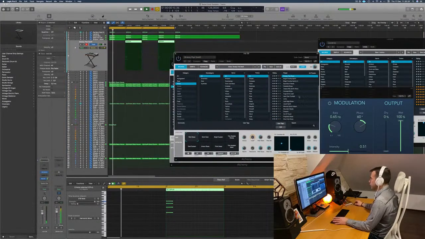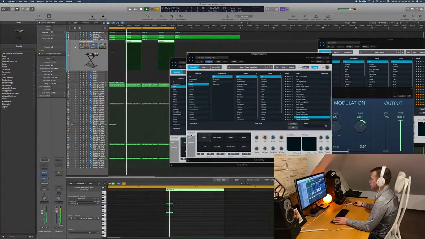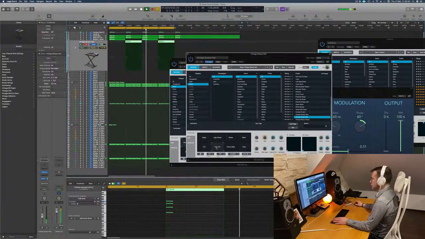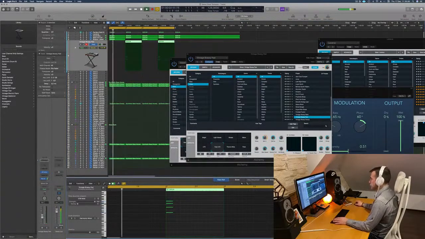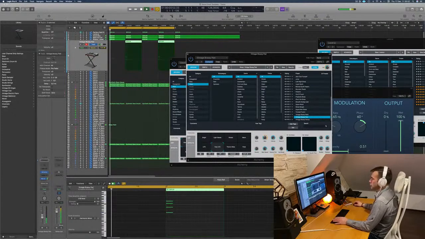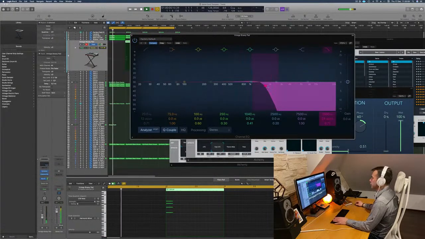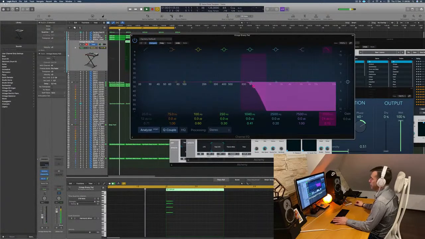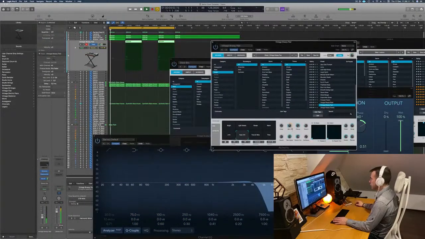And then I'm going to try to browse a little bit, maybe another brass, but so this is cool. However, there's too much top to it. So what I want is not to crowd the top end too much to be able to put a lead in there. But then I don't hear the tremolo so much. Let's try to